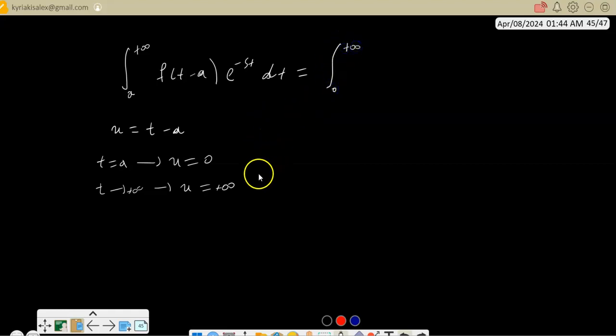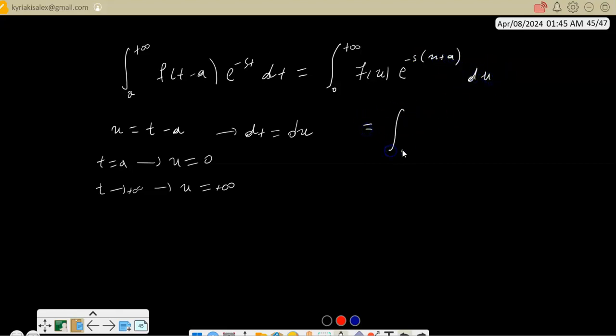So from 0 to infinity, f of u, the differential dt equals du, and here it's e to the minus s, and from here t equals u plus a. So I have the integral from 0 to infinity f of u e to the minus su times e to the minus s times a,